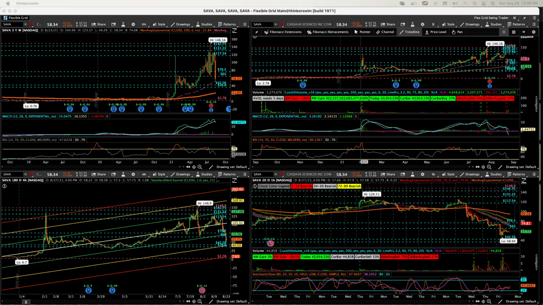So when you're swing trading, I don't recommend, some people do it, but I don't recommend swing trading against the trend, right? So what does that mean? So when we're looking at the daily chart, so let's take this Sava, for example, here. When we're looking at the daily chart,